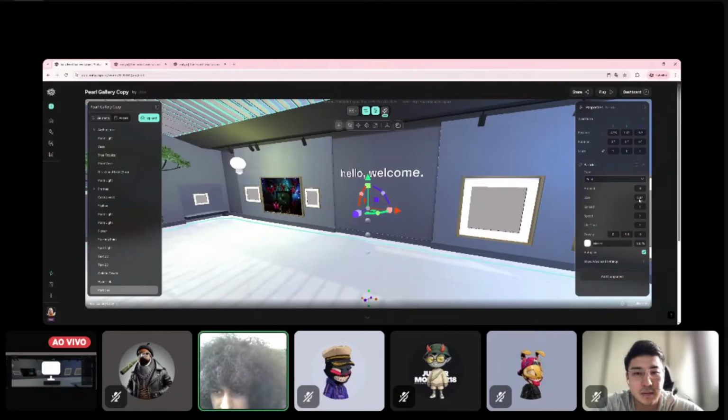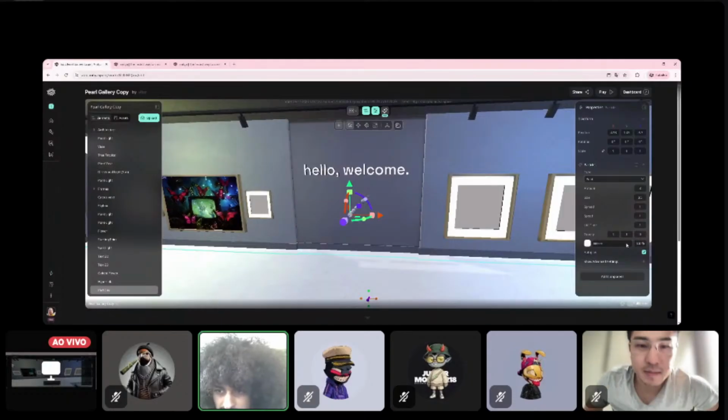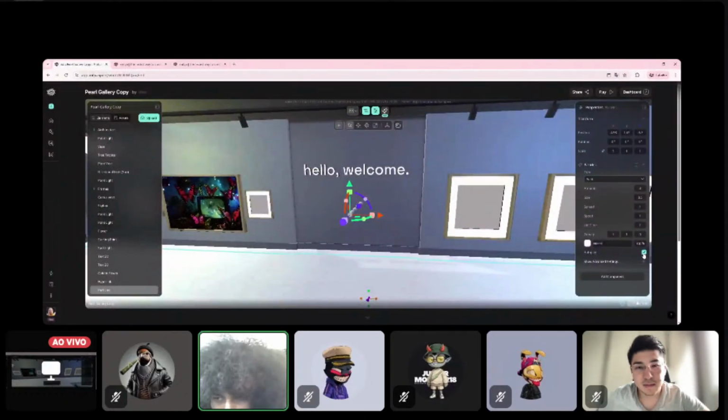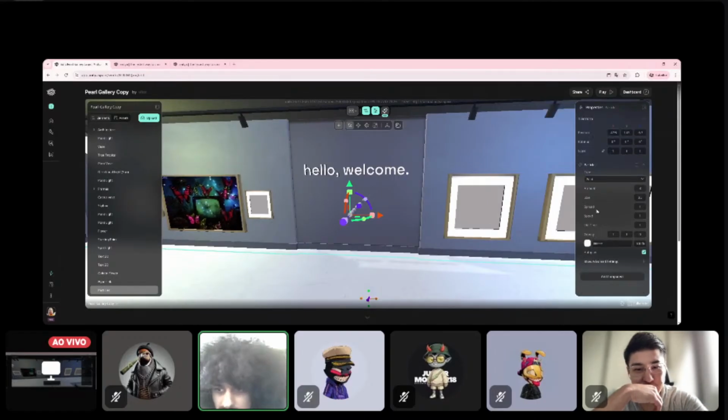First of all, I'm going to start by changing the size to 0.5. You can change the gravity. If you put one, it's going to go up. If you put one on this other axis, it's going to go like that. You can say that you want it to autoplay, or you can set up a trigger to make it play as well. You can set up the amount.